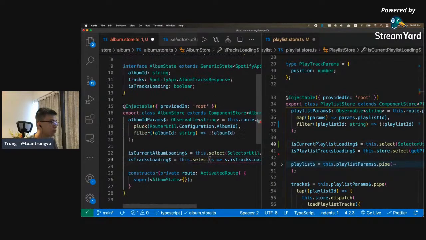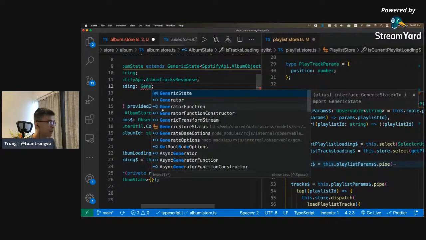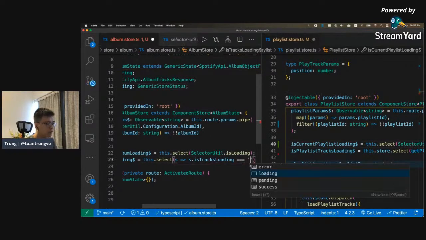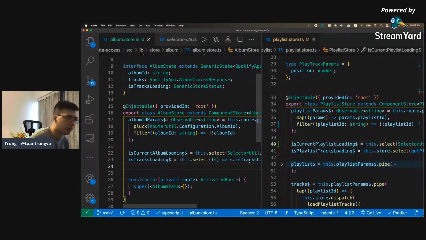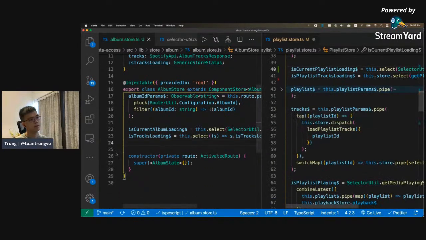Oh, so it's not. It could be a boolean though, but okay. But just following the other, we need to put it in the generic store setup. Okay. So it's going to suggest us it's loading. Sounds reasonable. And now we need to query the track. The track here should be easier. So when you query the track,